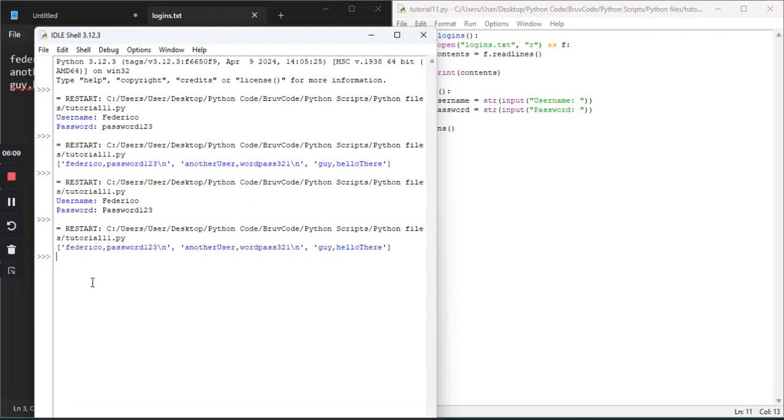So what this \n character does in Python is that \n is short for the new line character. It's what most programmers use when they want to add a new line to a program. But what if I wanted to get rid of the \n and put each username and password in its